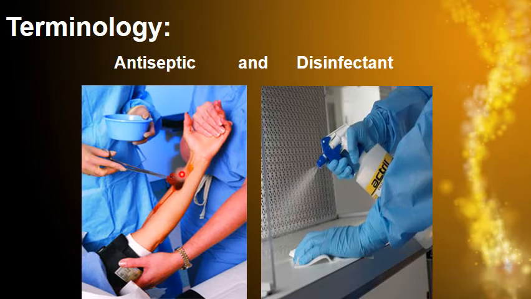Antiseptic is used on living tissue, like when I use it before surgical operations, or when I use mouthwash for the patient before extraction or minor oral surgery. While disinfectant is the use of chemicals on inanimate objects like surfaces, like the dental chair, like the spittoon. This is called disinfection. While antiseptic is used on living